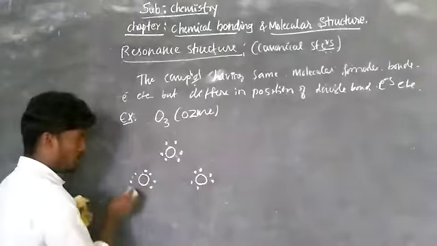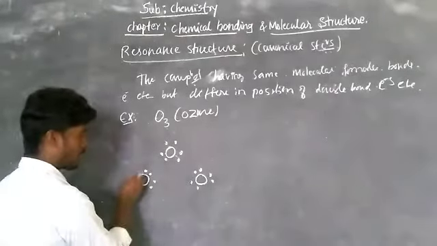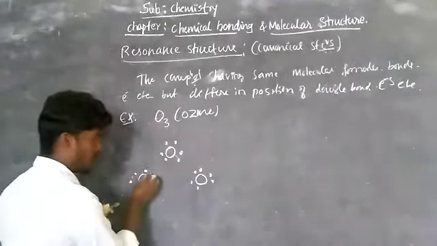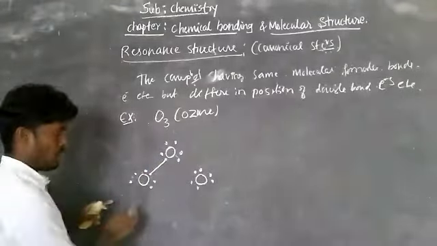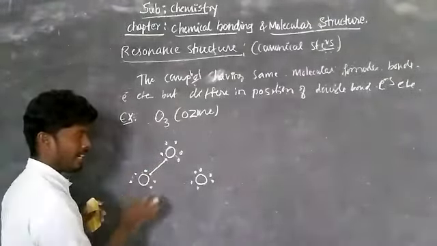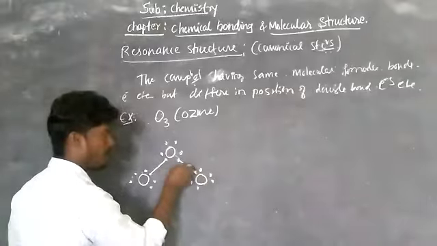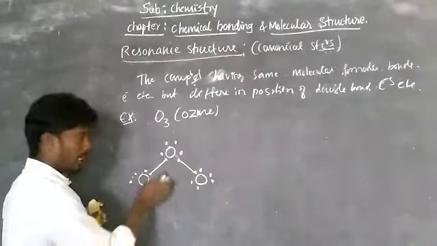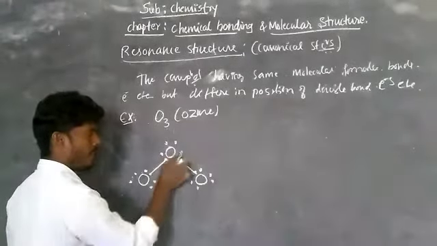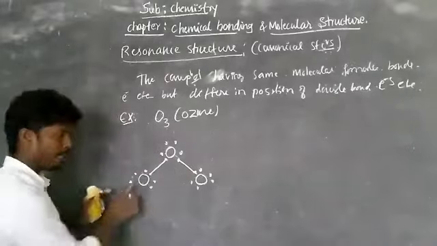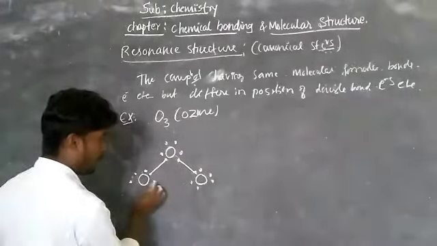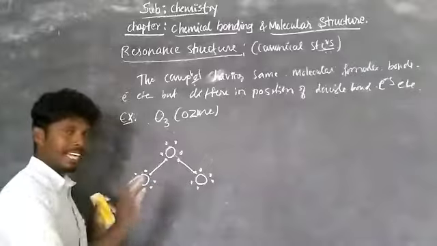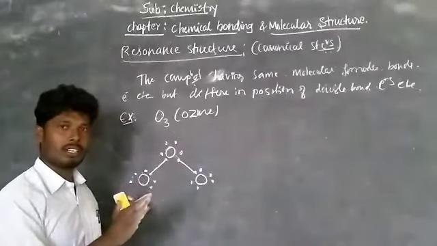Now, observe, to make the octet configuration, it shares 2 electrons, these two. Now 6 plus 1 is 7, right? Here also it makes a bond. 6 plus 1 is 7. Now this one already has 6, 7, 8. This is satisfied, but these two are not. If they make a bond between these two, they will be satisfied. That is also an ozone structure.